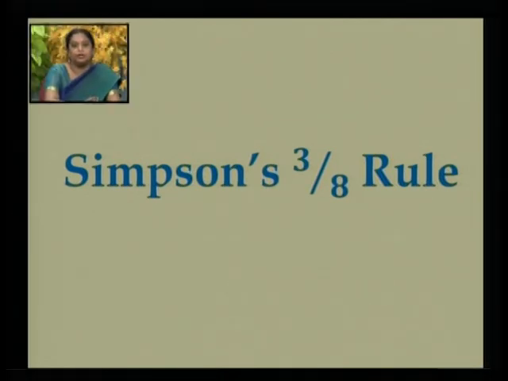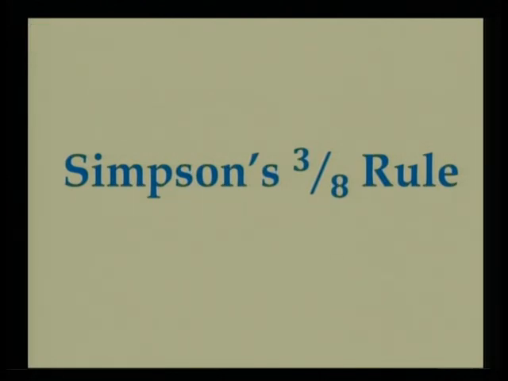Now have a look at the slide. Let us consider the third rule, Simpson's 3/8 rule. This rule is also called the 4-point integration formula. Why is it called the 4-point integration formula? In the trapezoidal rule, we considered 2 points, xk and xk plus 1, in order to compute the integral. To improve the approximation, in Simpson's 1/3 rule, we used 3 points, xk, xk plus 1 and xk plus 2. Here we computed the area under the curve of the kth strip and the k plus 1 strip.